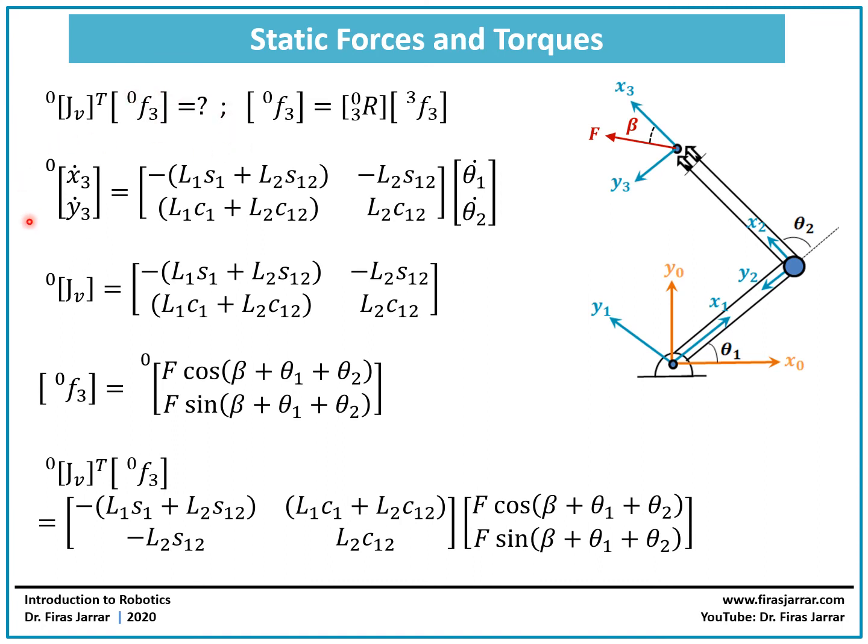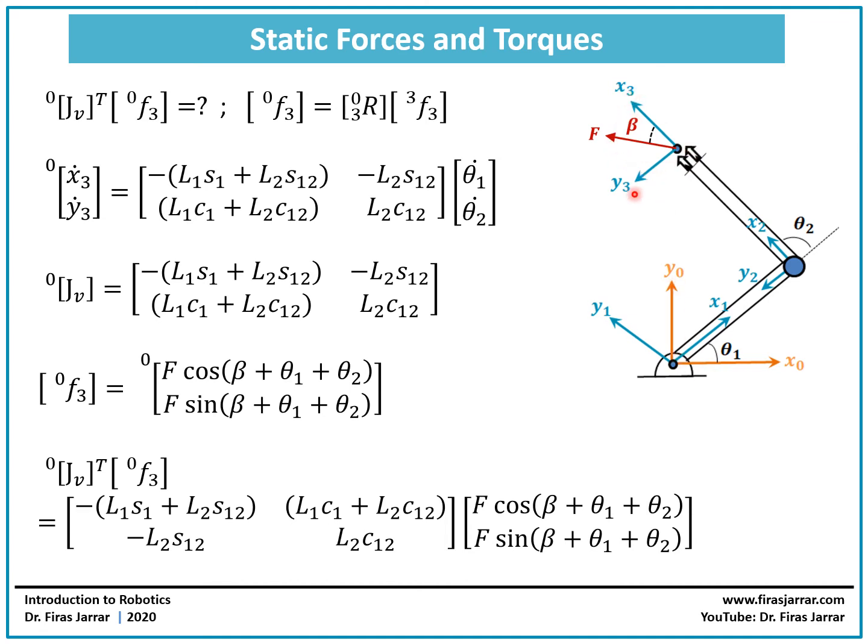So you have to go back to the Jacobian matrix lecture, where we have the linear velocities in the base frame, from which we can extract the Jacobian expressed in the base frame. Here we have it now. The force of the end effector expressed in the base frame, for our case, is going to be simple. So for this F, you now want to find its projections on x0 and y0